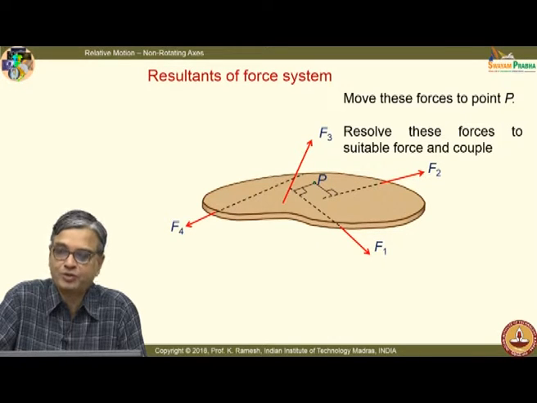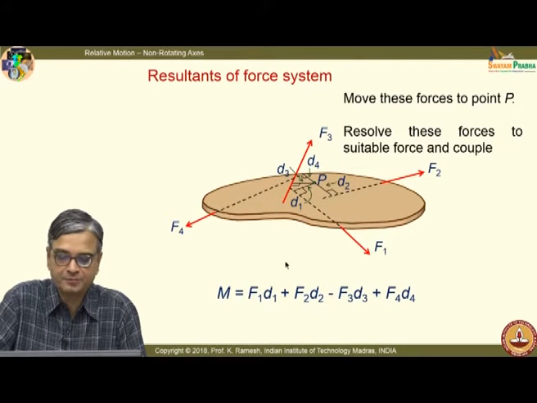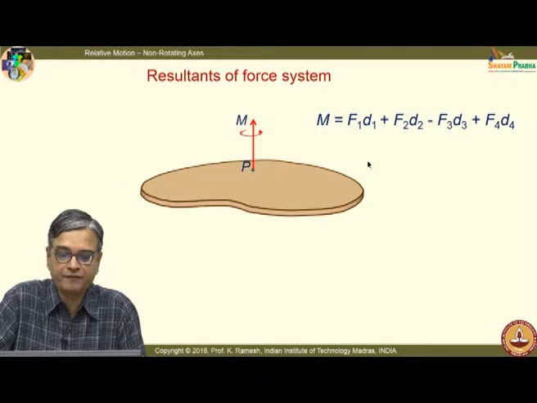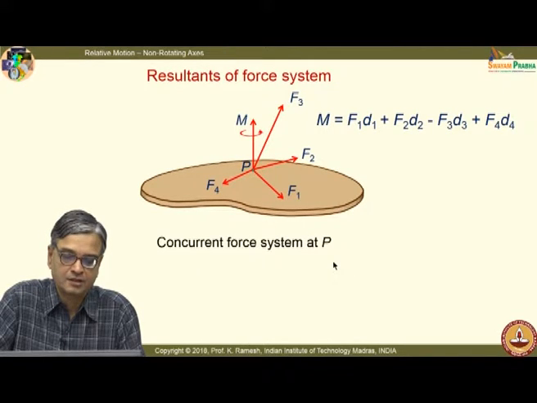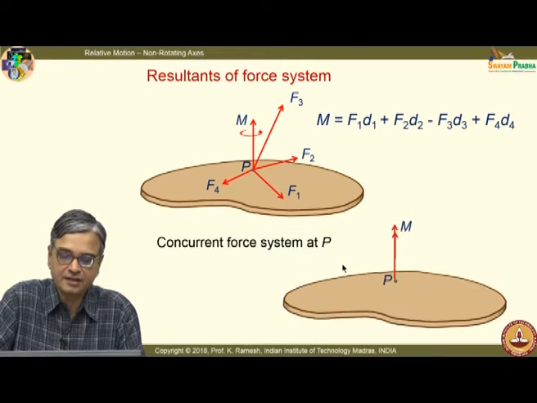So, any rigid body, when you have multiple forces, in general the force system acting on the body can be reduced by moving these forces to the point of interest by a force and an appropriate couple. And this expression for the couple is given here. So, then I make the force system concurrent at point P. Once I make this concurrent at point P, it is easier for me to get the resultant force. This is what we had seen earlier.